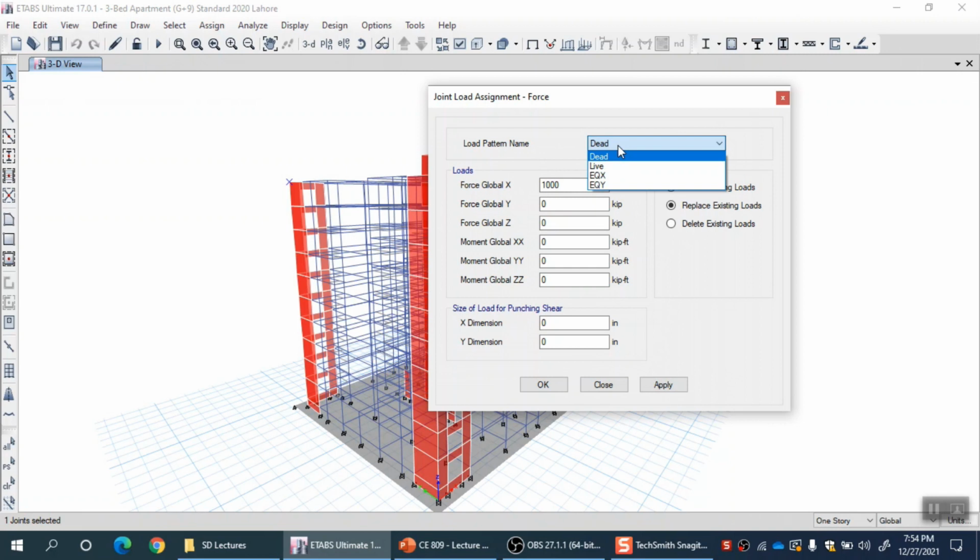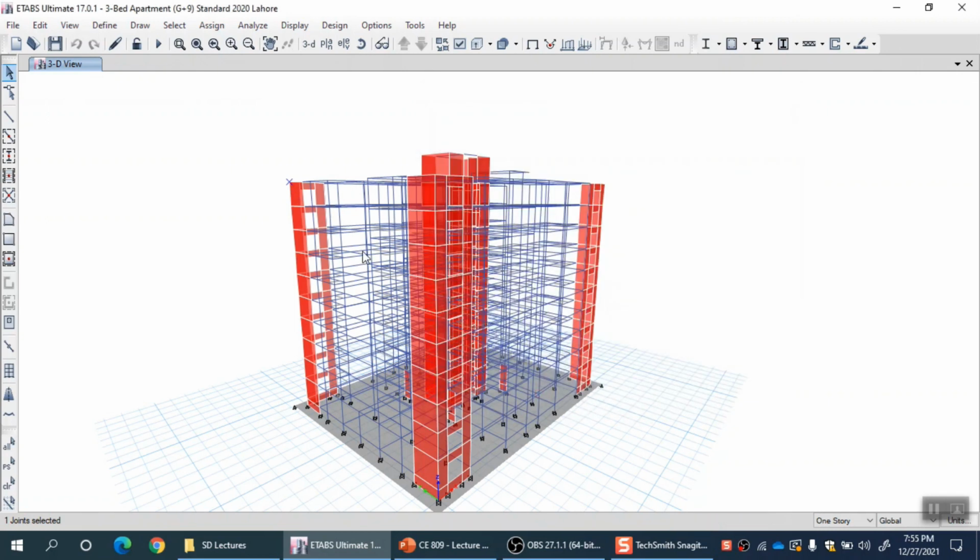So before I apply this force, I should define a pattern and assign this 1000 kip force and include it in that particular pattern, right. Otherwise I would have to include it in either dead or live, but I want only this force to be multiplied by a particular variation. So therefore let me add a new pattern for that.